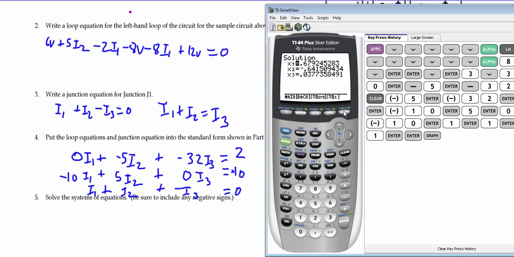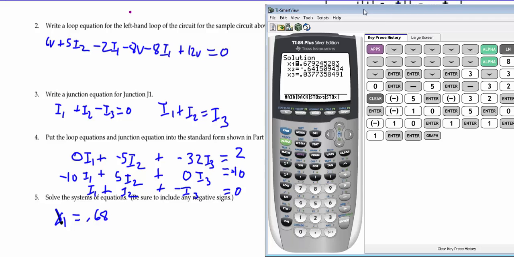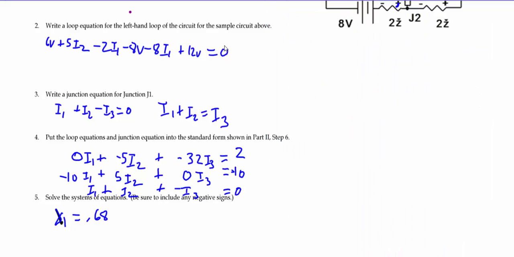And what do these mean? Alright, well, it says be sure to include any negative signs. So here's what this says. That equation says x1 equals 0.68, x2 equals -0.64. So x1, whoa, that was crazy. x1 equals 0.68, x2 is -0.64,